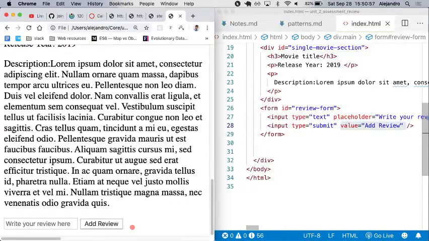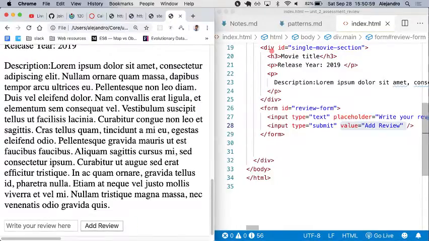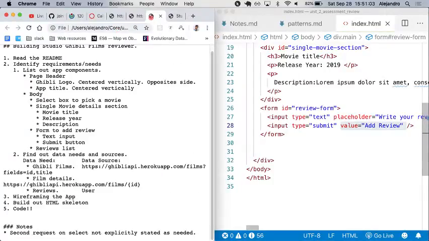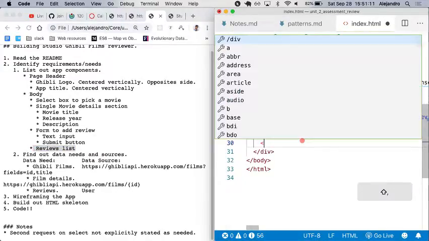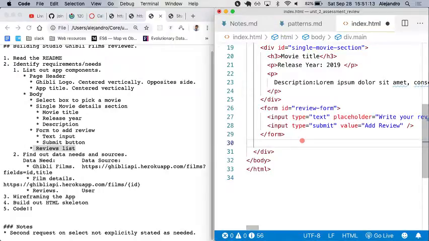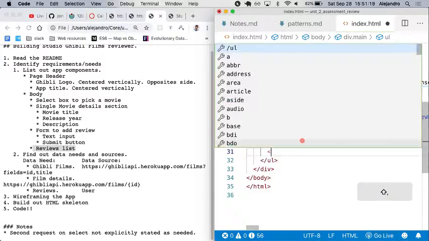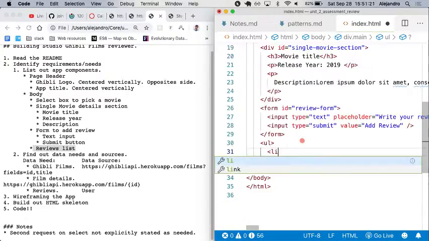Okay, so other questions so far? Do we have the review list? So let's do the review list here. We could just do the UL here. Let's just do the UL. And here we'll